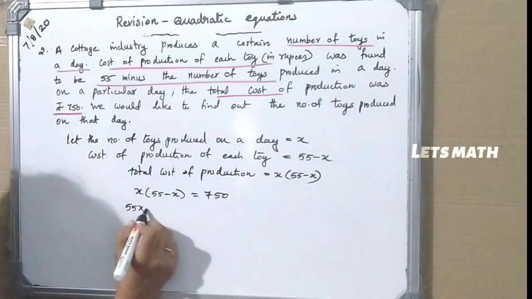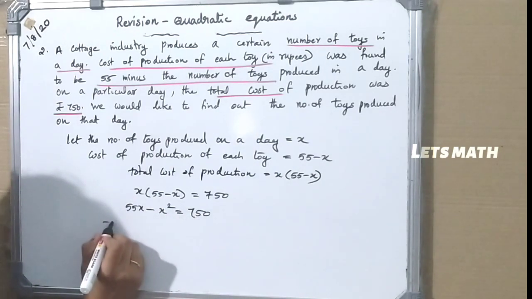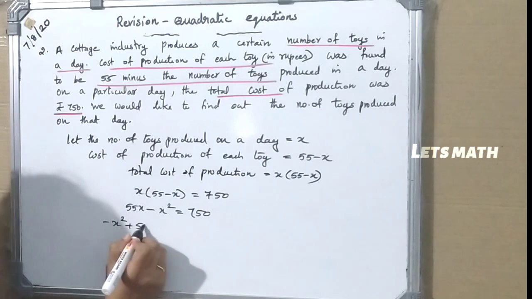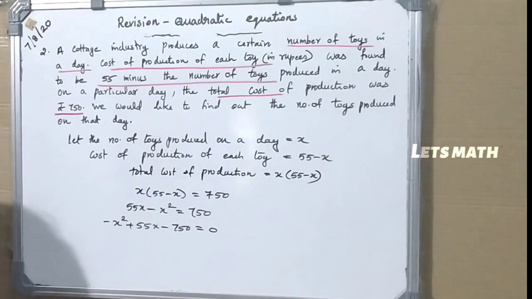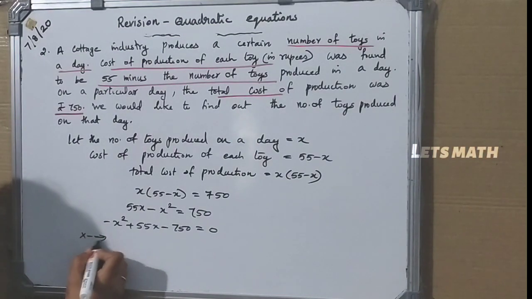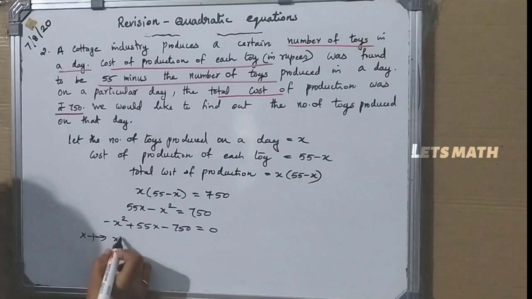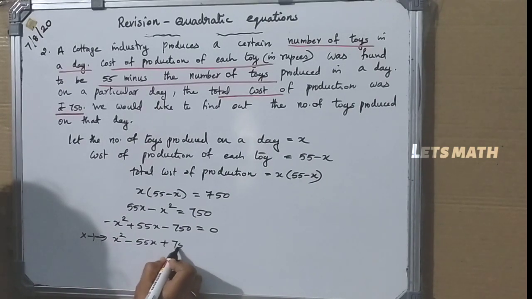That is 55x minus x square is 750, so minus x square plus 55x minus 750 equal to 0. Changing the sign by multiplying with minus 1, we get x square minus 55x plus 750